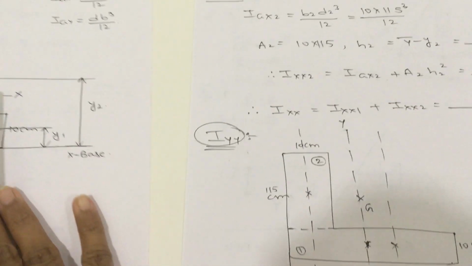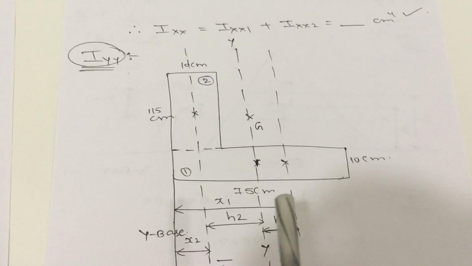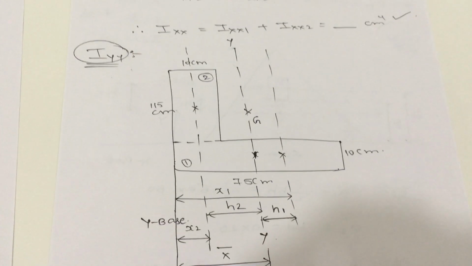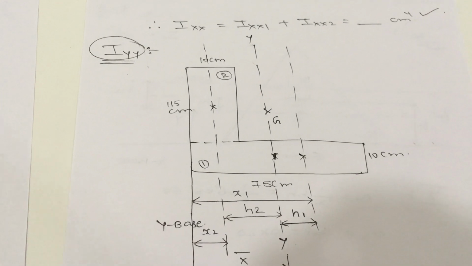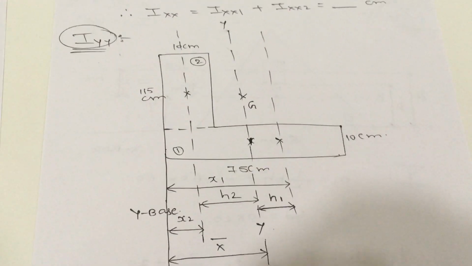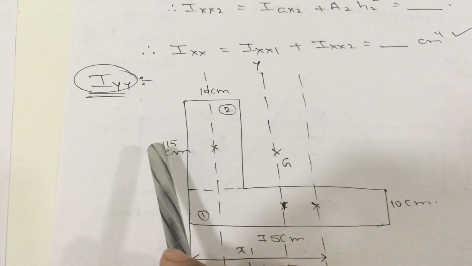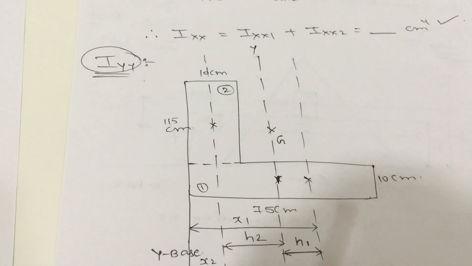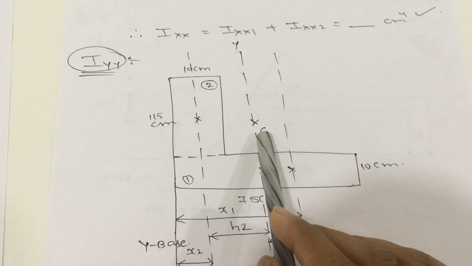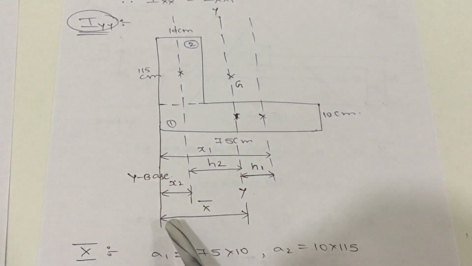Iyy calculation. Now once again draw the given diagram in this way. In this diagram, do the same procedure, but project all the centroidal y axes and x distances to the y base. That is the difference here. Here take this as the first section and consider this section as the second section, and write the individual dimensions for the individual sections separately, and locate the centroid points and locate the centroid of the complete L section, and as it is an Iyy calculation part, project the y base.